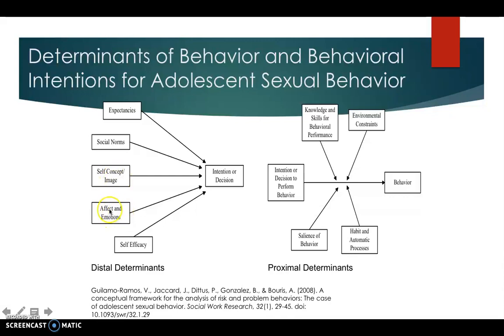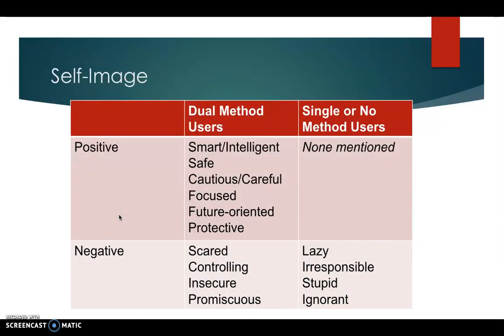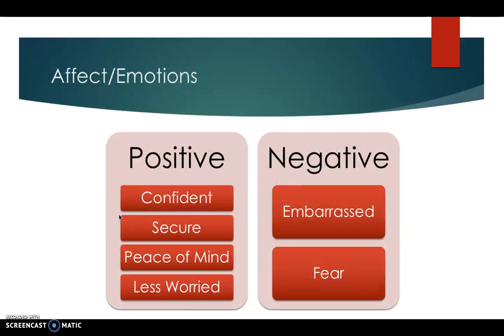and emotions. The focus group data revealed that participants held a mostly positive image of people who use dual methods. They were described as smart, careful, and future-oriented. They also used words that conveyed positive emotions around dual method use, like confident, secure, peace of mind. These findings led us to emphasize these positive self-image and emotions in a new web-based sex education program we were